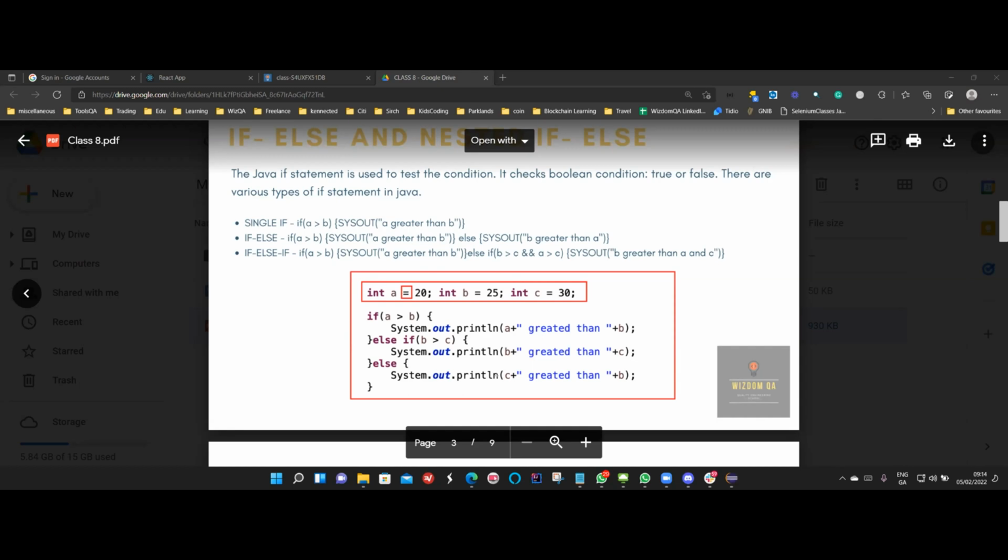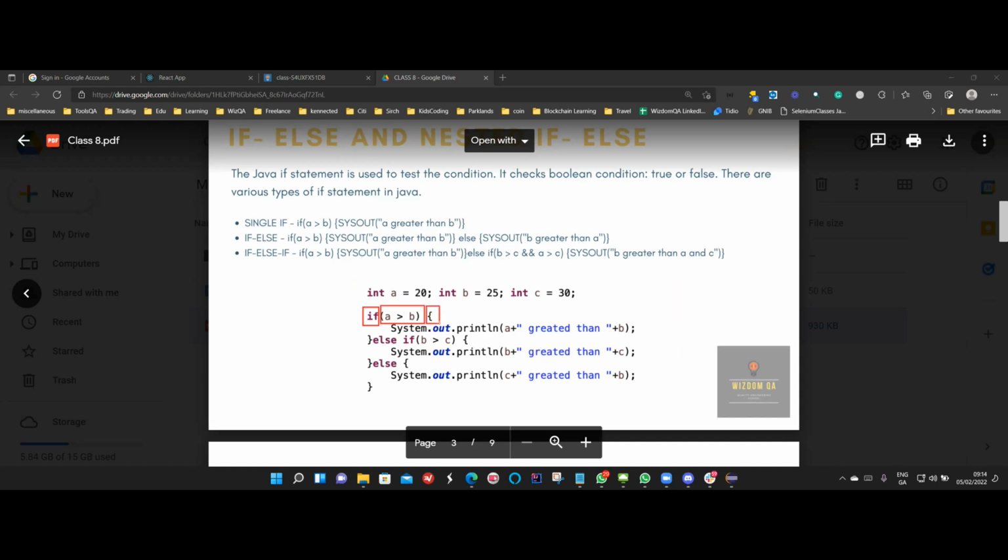In this if-else statement, what I'm trying to do is figure out which of these 3 numbers is the biggest. How am I doing this? With the help of the if-else statement. It's very simple to write. You write if, and then a bracket under which you can pass multiple conditions or a single condition. And then you have a scope, an open bracket and a close bracket. And within this scope,